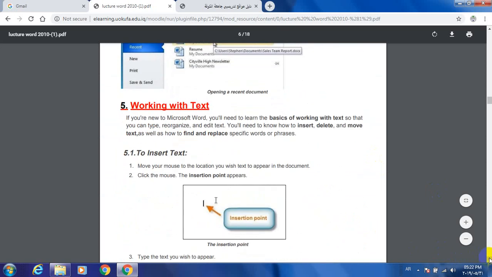Working with text. If you are new to Microsoft Word, you will need to learn the basics of working with text so that you can type, organize, and edit text. You will need to know how to insert, delete, and move text, as well as how to find and replace specific words or phrases. To insert text,